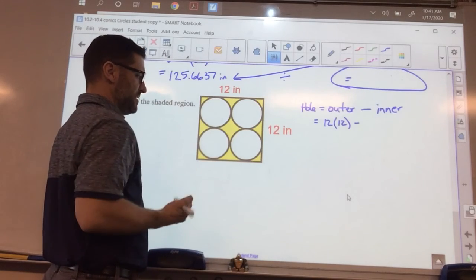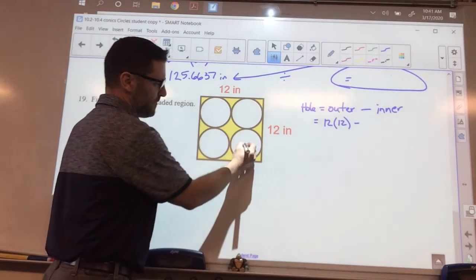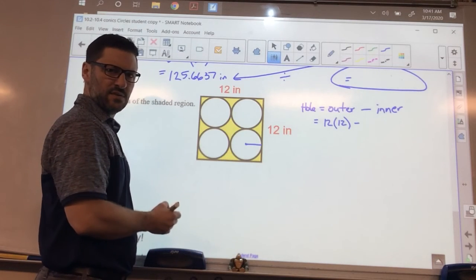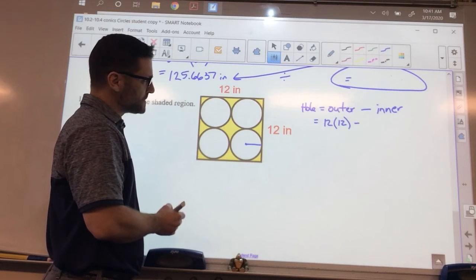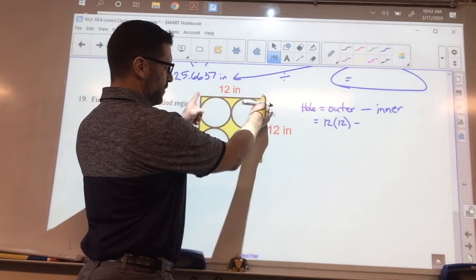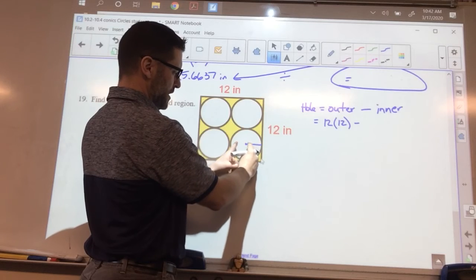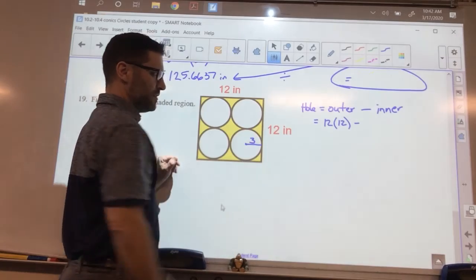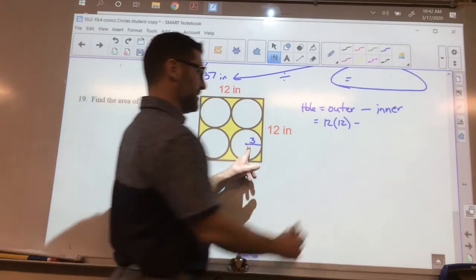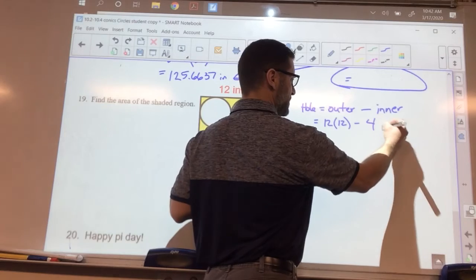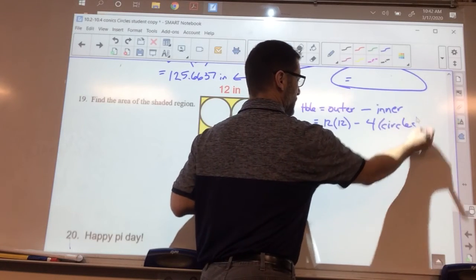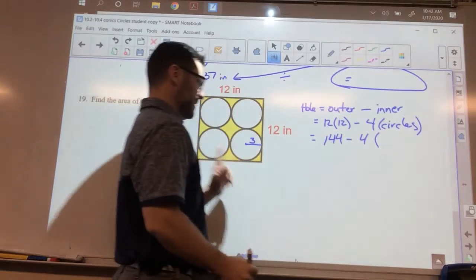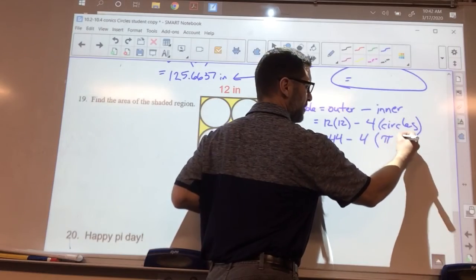But the inner part is each one of these, and you might notice that all those circles are the same. Boy, if I knew the radius of a circle, then I would have it. So can you figure out what the radius of that circle is? Well, 12, so it would go 3, 3, 3, 3. That'd be 12 across. So the radius of each circle is 3. So what I'm going to do is take the inner part. I have 4 circles. So I know I have 144 minus 4, and then each circle is pi r squared, which is pi 3